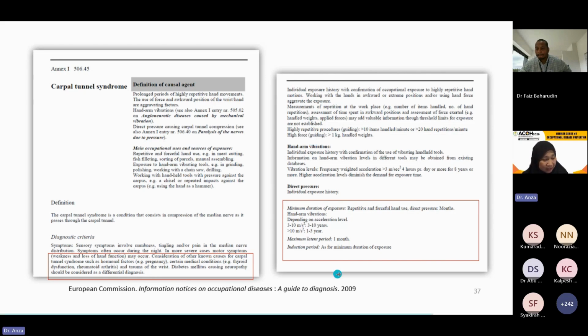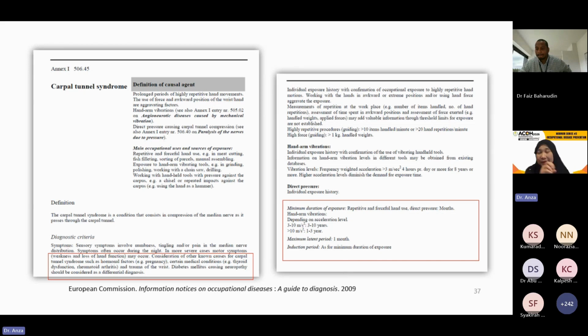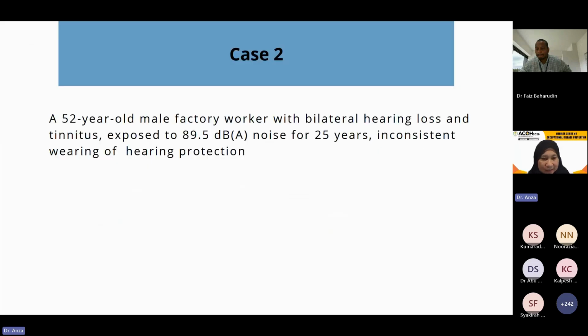Okay, so good. So you see how you're going to apply that? Refer to the established diagnostic criteria. Okay, need more information. We need to have the ergonomic risk assessment. So ergonomic risk assessment, just soft, right? So repetitive, but not continuously. Okay, so I know my time is limited. Okay, so this is the next case.